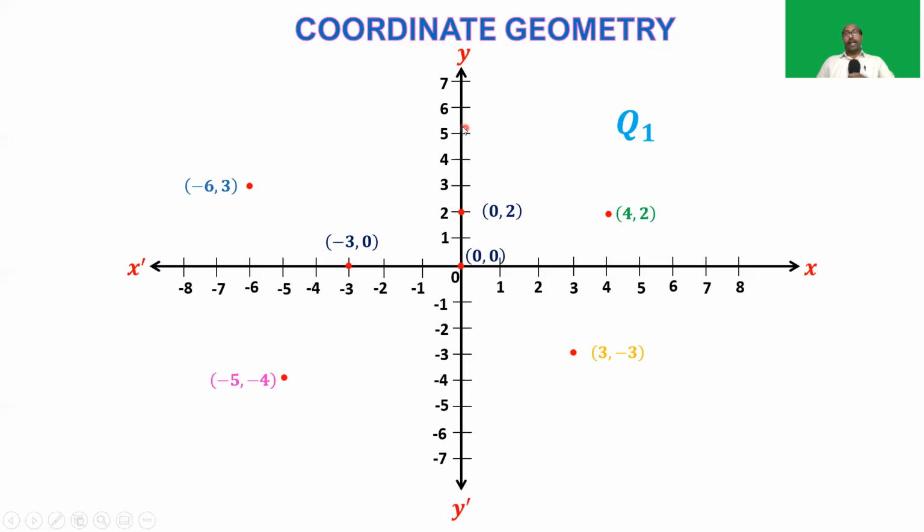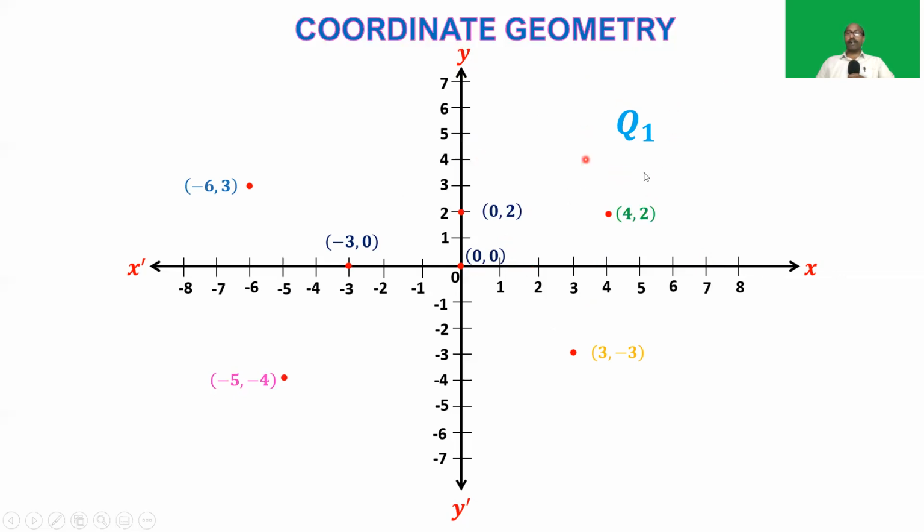Now, the first part determined by these coordinate axes is known as Q1, and this part is called a quadrant, because these two lines are dividing the plane into 4 parts, 4 quadrants, and the plane determined by positive x-axis and positive y-axis is